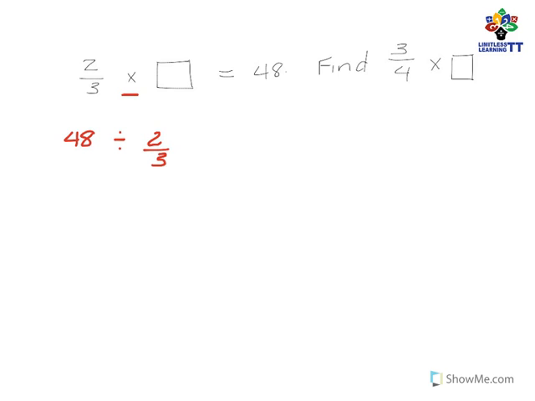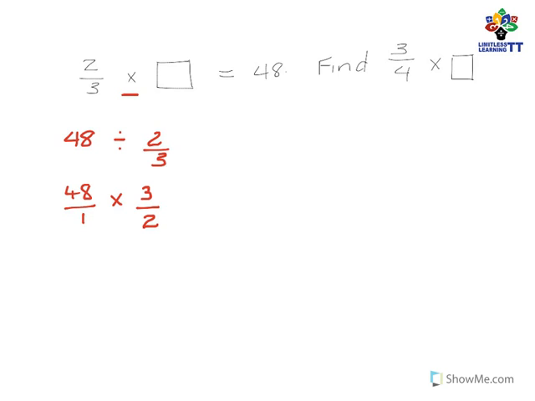When we divide a fraction, first thing, 48 as a fraction is the same thing as 48 over 1. When we divide by a fraction, we change the division sign to a multiplication sign, and then we flip the fraction. So the denominator becomes the numerator and the numerator becomes the denominator. That's something known as a reciprocal. And so now what we can do is we can simplify or do the cancellation process.